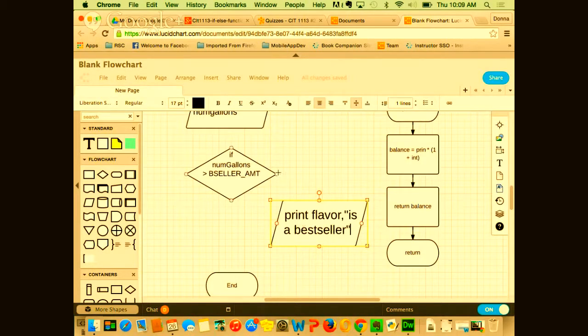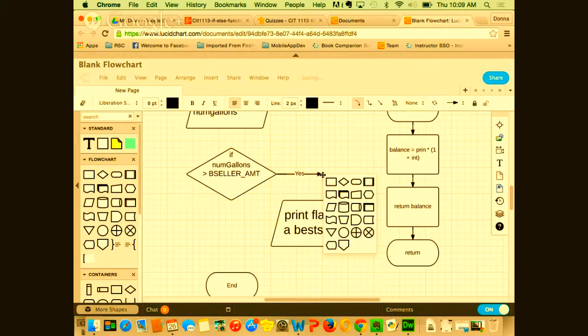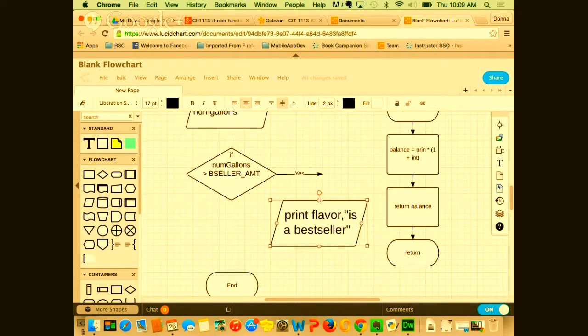Okay, so now my line actually needs to go here. I don't know if it'll let me do it this way. That's what I want to do. Should let me make it. I was going to curve it. I am not sure how to keep it from curving, but anyway, it's supposed to be over here to the side. It'll let me pull it once it's over there. Well, let me put the yes out there.